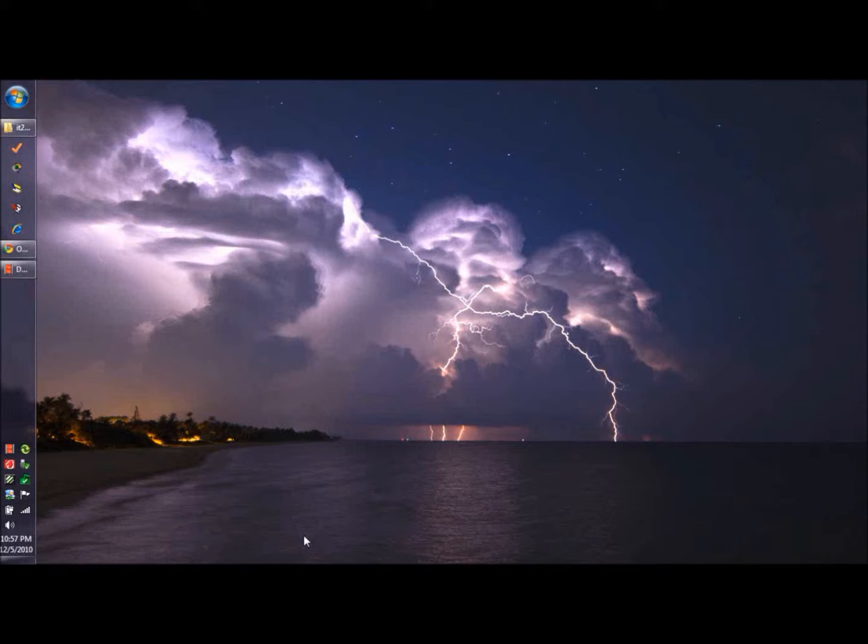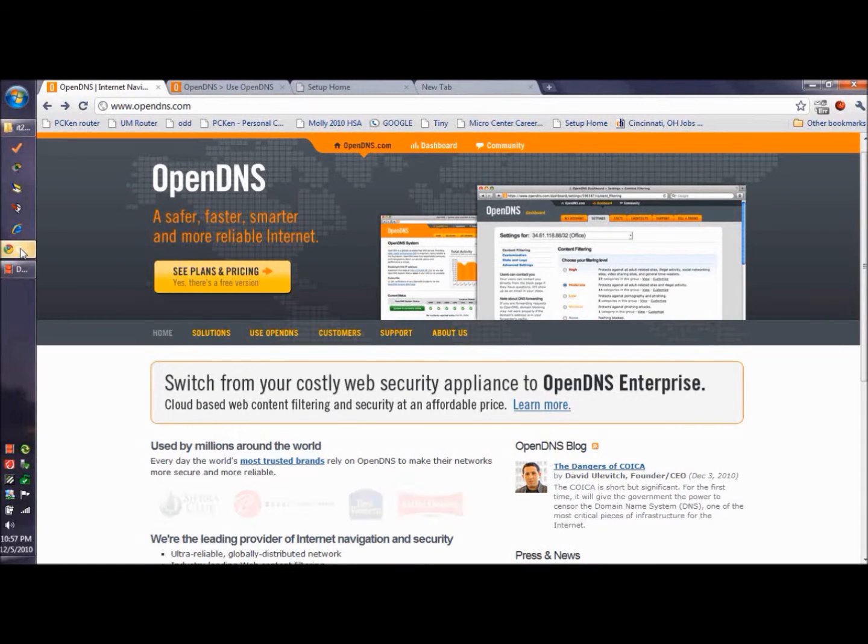Well, as we talk about this layer 4 of internet security and web content filtering, otherwise known as parental controls, we're going to have to talk about 2 different things. Setting this up entails 2 different facets to take a look at. First, I want to show you OpenDNS.com. OpenDNS is a DNS program service that